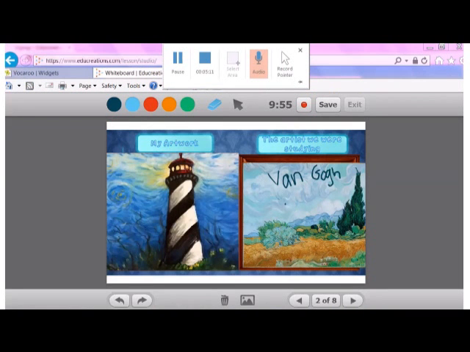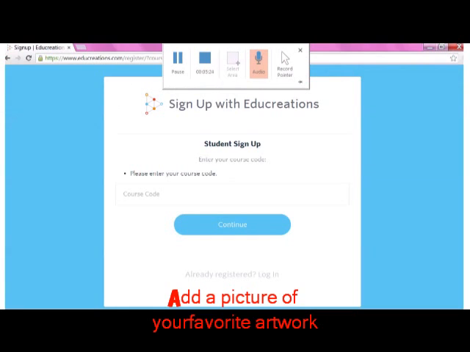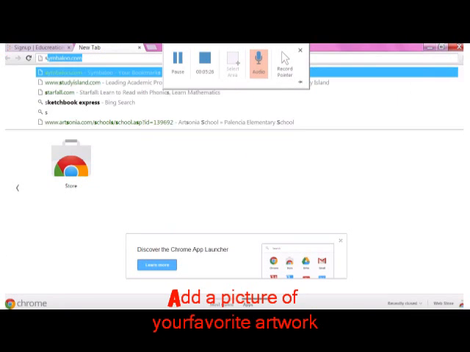I added a picture of a lighthouse painting that I made, and I added a picture that was painted by Vincent van Gogh because he is the artist that inspired my painting. Now, if you don't have any pictures of your artwork already saved on your device,